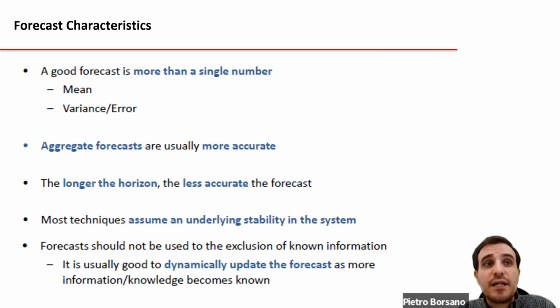Generally, forecasts will assume that there is a so-called underlying stability in the system, an underlying stability in the external environment. So forecasts will, for example, consider that an economy will grow maybe 2 to 4%, and our company will operate within this predicted economic growth. So this is the overall stability which is assumed